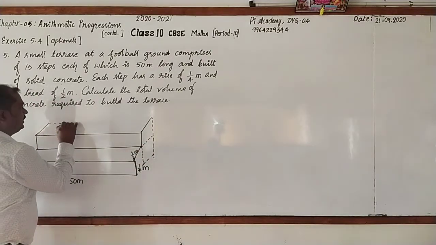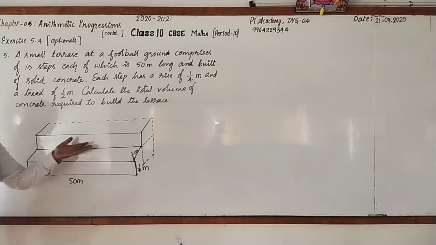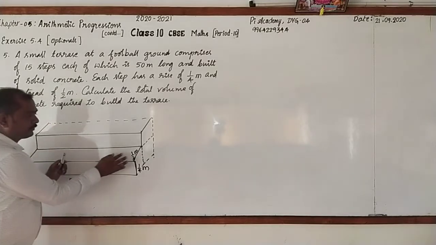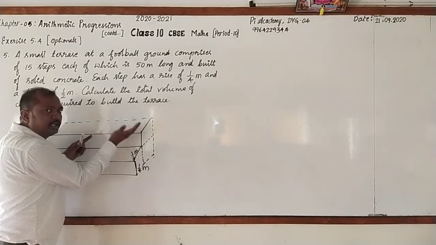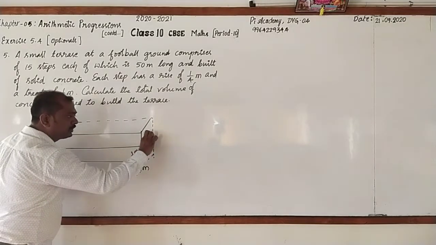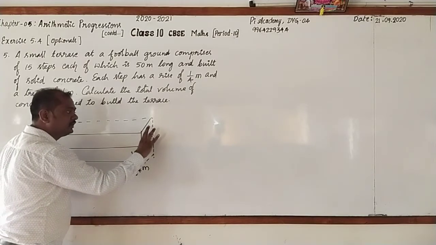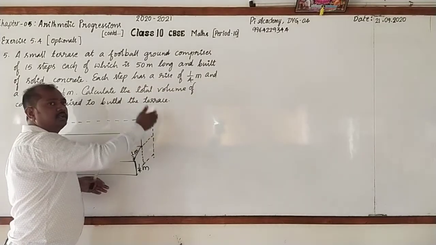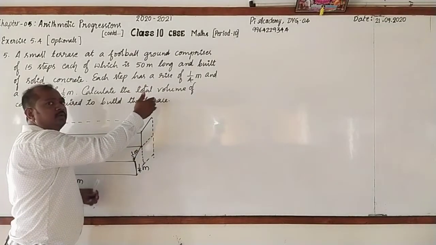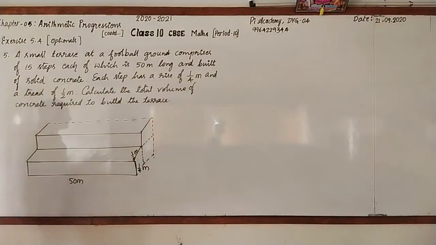And could you tell what volume of concrete is required? You can notice that the steps are made with a solid concrete. Look here, for first step it is this much, and to make the second step again it is to be taken from the bottom. Here, could you tell how many cubes are there? There are, sorry, how many cuboids? There are 2 cuboids. Like that. To make third step, we need volume of 3 cuboids. Like this. Did you understand?